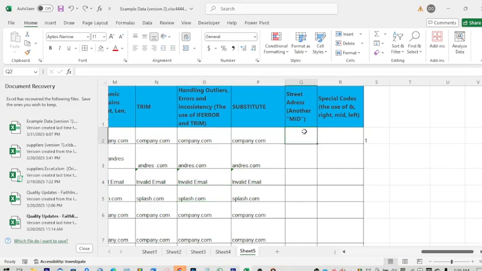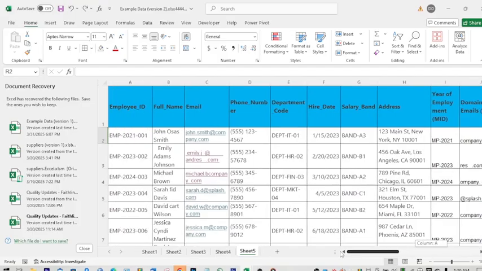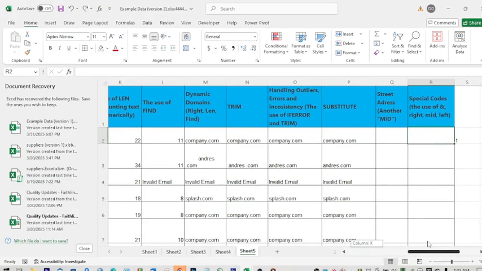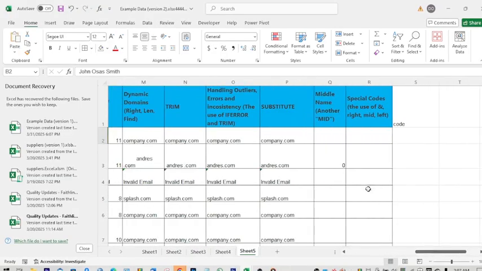So now I would like to extract only the middle names. It's quite murky. We want to extract only the middle names on this file. In case you are told to clean up data, you should bring out only the middle names instead of typing middle name by middle name. You could use a formula. To do that, we'll have to